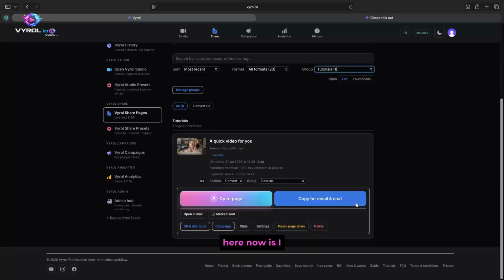What you will see here now is I can edit this share page. I can open it, it's live, so I can copy the link and distribute it straight away to a customer or internal staff, if you will. I can pause the share page so that the link is expired and nobody can access it. I can replace the metadata, if you will, so I can reassign this specific template to a different